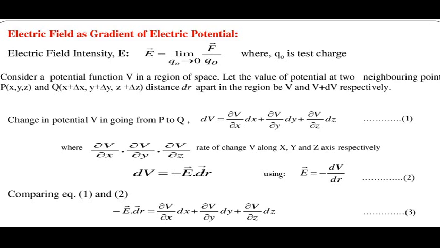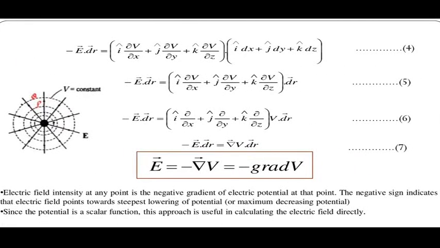For that, we'll consider a potential in a region of space. Look at this image. This is the image of a positive point charge whose electric line of forces are radiating outwards from the charge. The concentric circles are the equipotential surface drawn on the electric line of forces. I marked 2 points P and Q on the different equipotential surface. As we go from point P to Q, the potential will change.